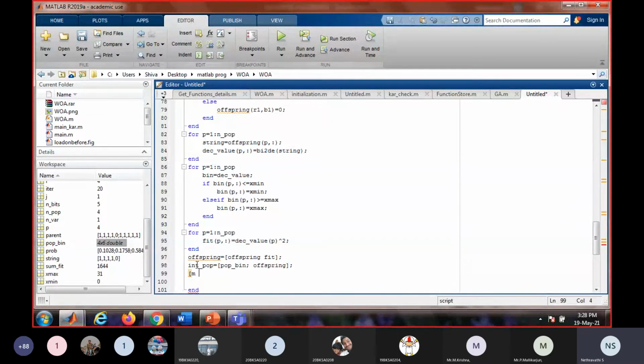So we will create a temporary array, and we will sort it.